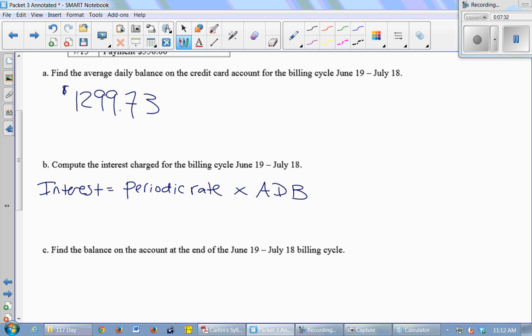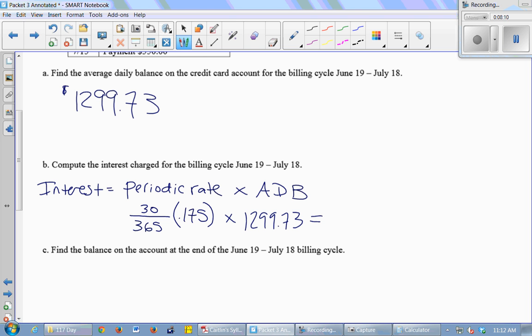Close. That would be your daily interest rate, but this is being done monthly. So you'd think it would just be the interest rate divided by 12, but it's not because different months have different numbers of days. So you take the number of days in your month, which is what? 30 in this case, divided by 365 times the interest rate as a decimal, which in my case was 17.5%, so I used 0.175. And then you multiply that times your average daily balance,